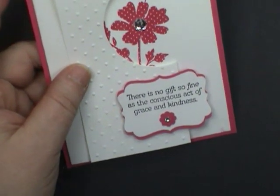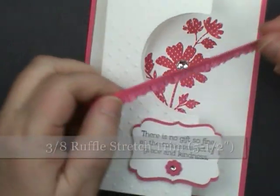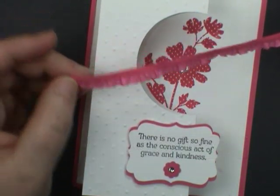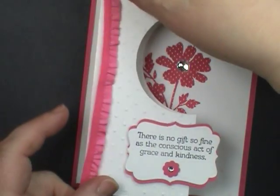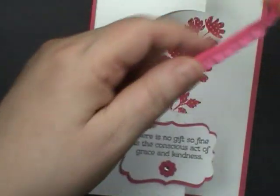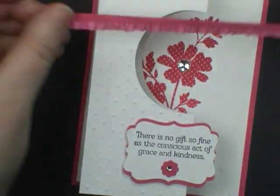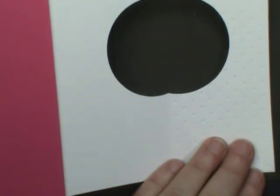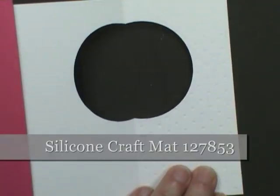And then the very last thing that we're going to do is I'm going to add some of this ruffle trim. Now this is a stretch, and so when you measure this, it needs to be at least 5 1/4 inch. I measure mine a little bit longer because it's easier to trim it off at the end. But don't stretch it when you're doing your measuring. That's one tip I'll give you. The next tip is, in order to attach it to this edge, we want to work on the back side. I've got my silicone mat out,